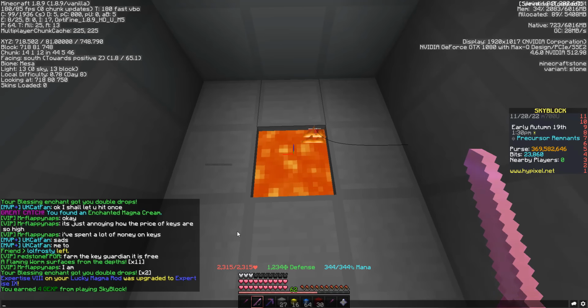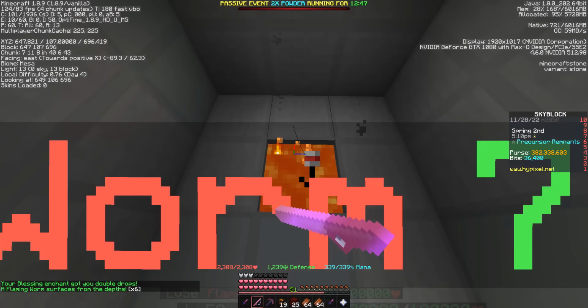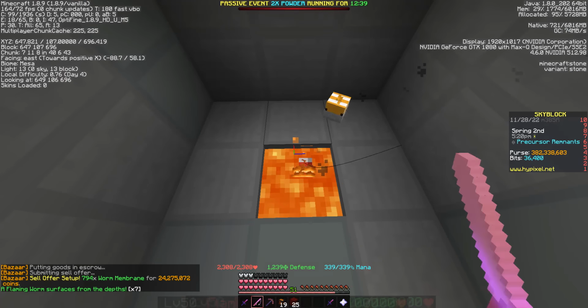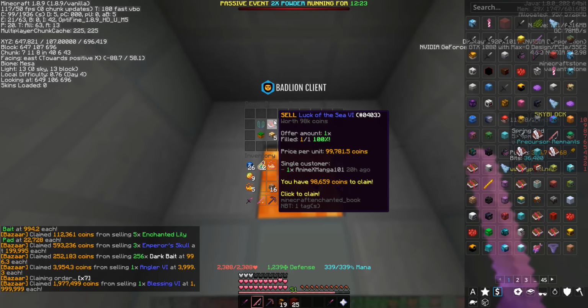Expertise is up to 9 on this magma rod. Let's go. Oi, oi. Well, we did just level up. Let's go ahead and throw another pretty healthy amount of worm membranes into the bazaar. That'll be 24 million coins worth. So you love to see that. At the same time, we can also collect some bait, sell offers, as well as a few books and ink